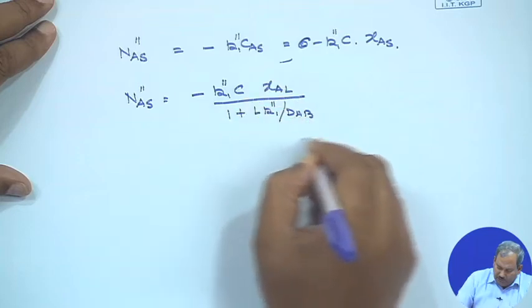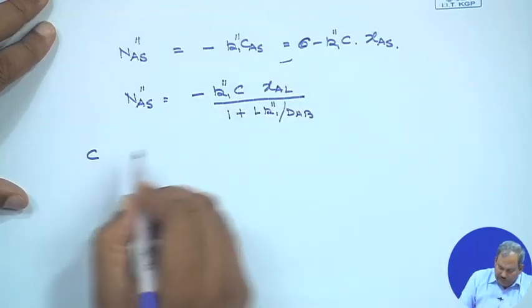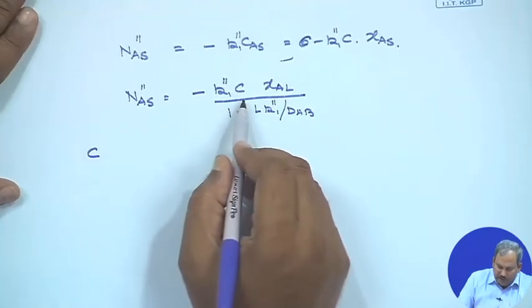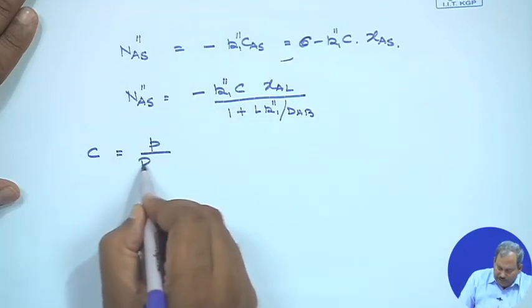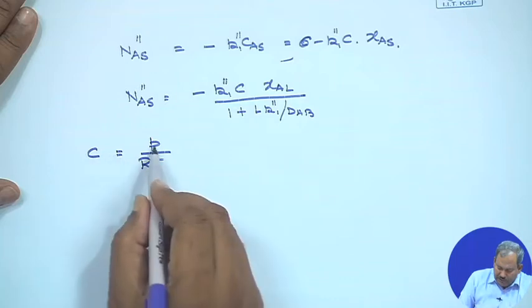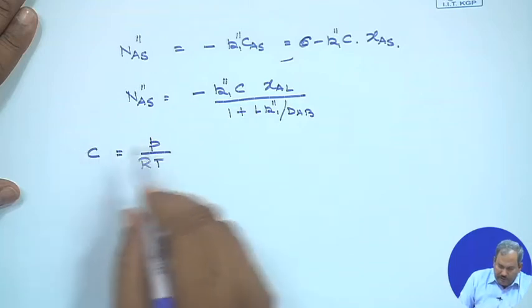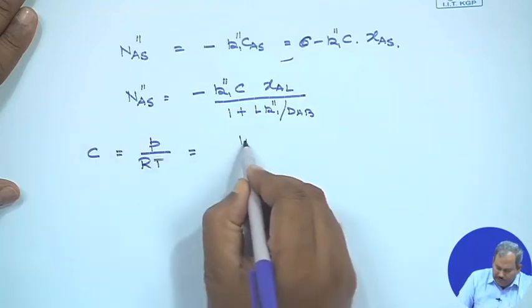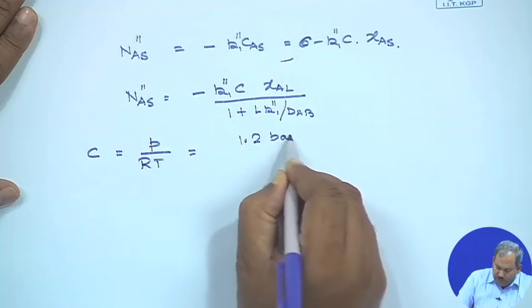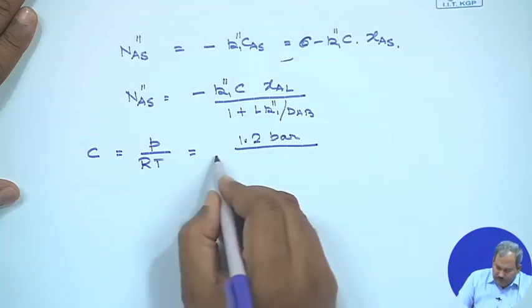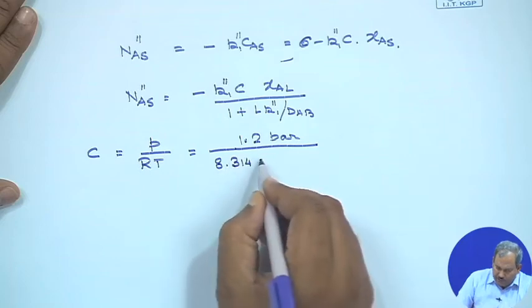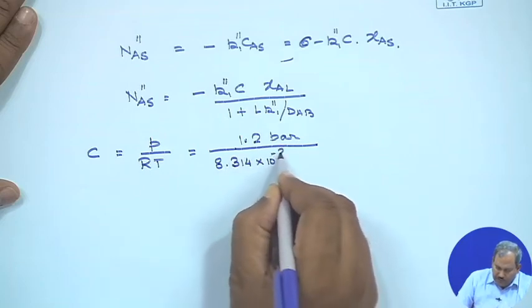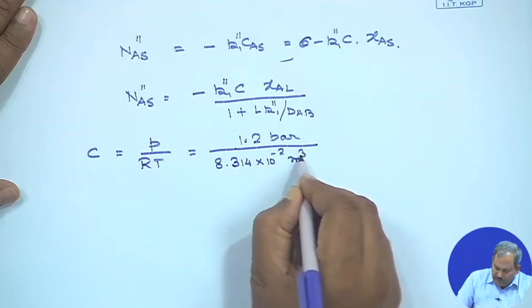This part we have already evaluated. So, the only thing which is remaining is the unknown C. C, if we assume an ideal gas, the total concentration can be written using the ideal gas law. P is given as 1.2 bar, and the corresponding value of R is 8.314 into 10 to the power minus 2, in meter cube bar